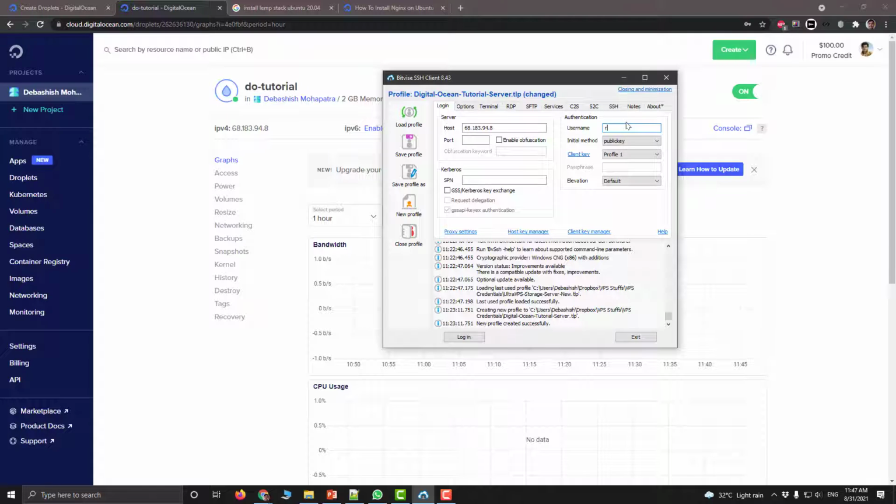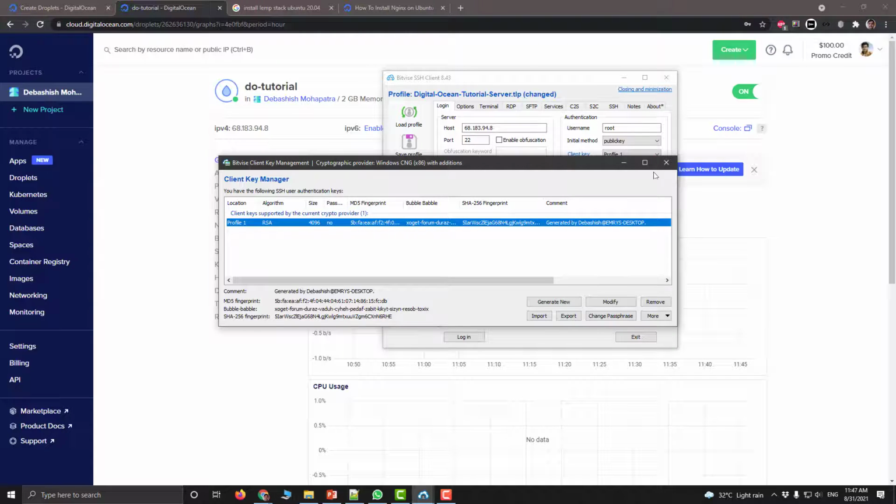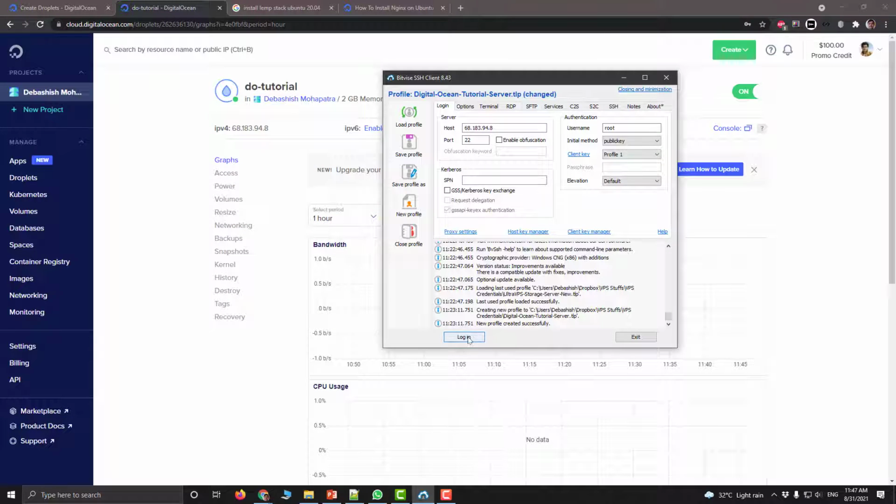And username, I hope root login is enabled by default, or if not, then we have to enable it. Then by default SSH port is 22. Then here you can select public key, and the private key is already stored in this machine since we just generated it, and it was this profile one, as you can see here. This one we just generated, and then I will select login.